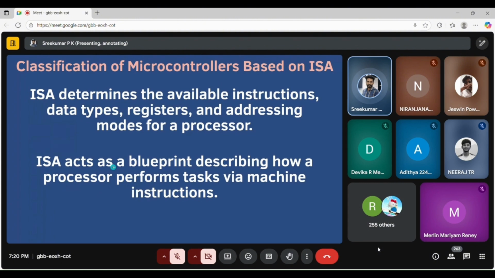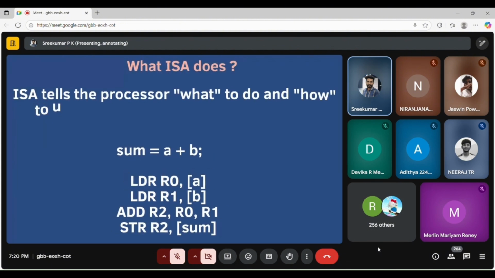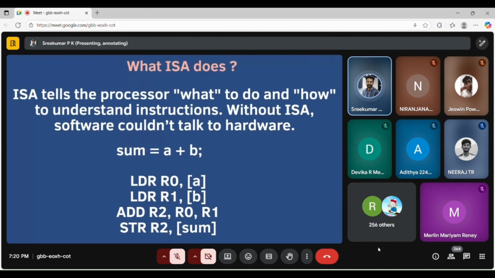Also, ISA acts as a blueprint describing how the processor performs a task via machine instructions. Next, what does ISA do? Instruction set architecture is a key element inside the microcontroller architecture or microprocessor architecture.